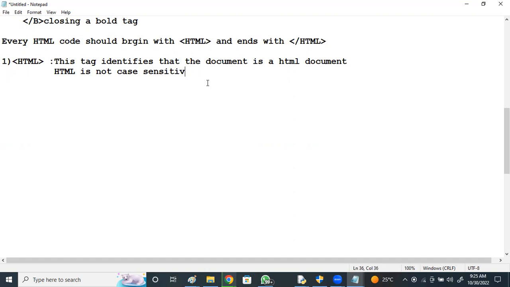HTML is not case sensitive, right? Second is the head tag.